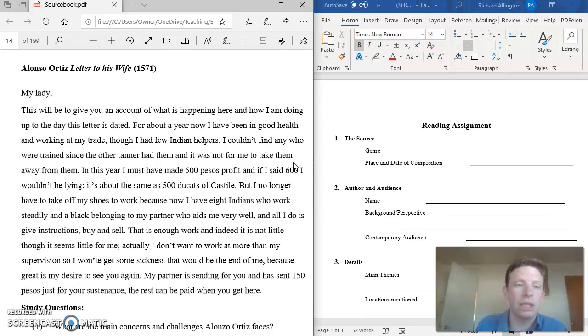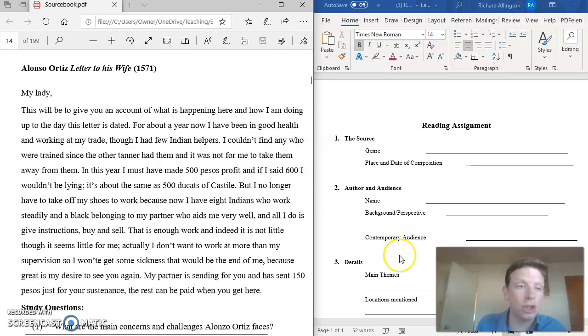The purpose of this reading assignment is to give you a chance to practice reading these texts critically. Reading the text critically and actively, not simply rushing through the text once, but reading the text thoroughly, perhaps even reading the text multiple times. And the reading assignment is supposed to be kind of a list of the basic information you want to have in your head to be thinking about.